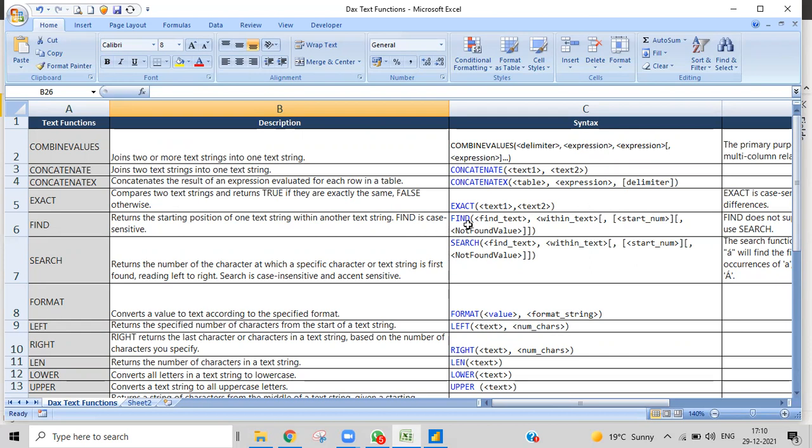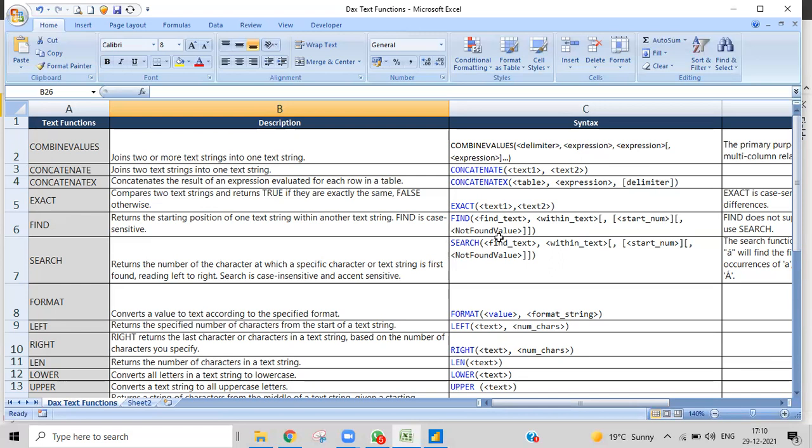And then find gives us the starting position of a text, or else the starting position of a part of text within the original text, and it takes the starting number, which is optional.